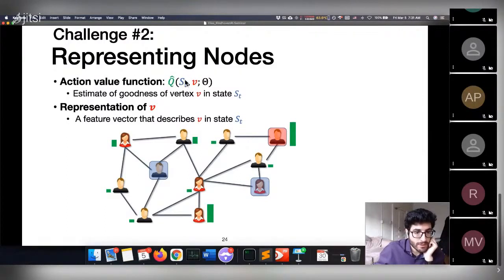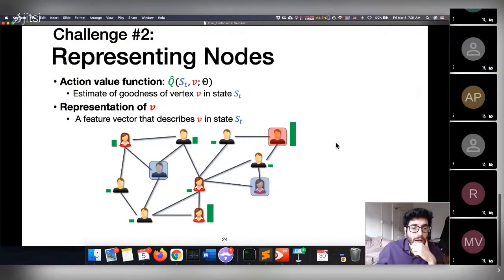Q hat takes the current state and a given vertex, which is not in the solution. It has a bunch of parameters that regulate its behavior. And the Q function tries to estimate the goodness of a vertex in a given state. And what you want is some kind of representation of the nodes, V, some vector that says something